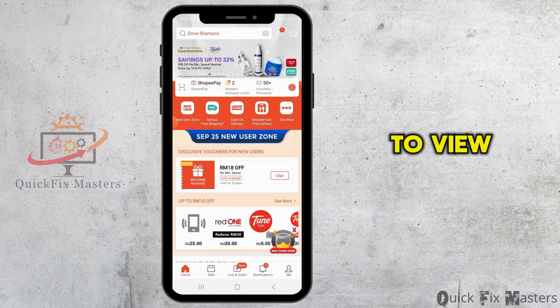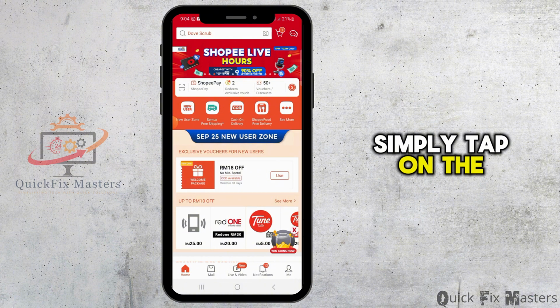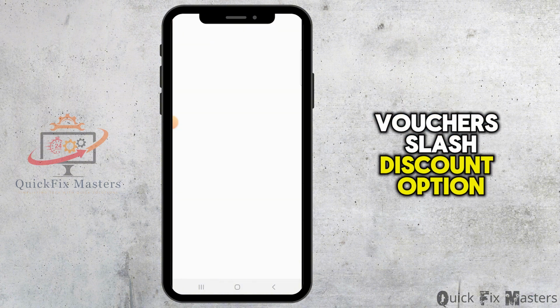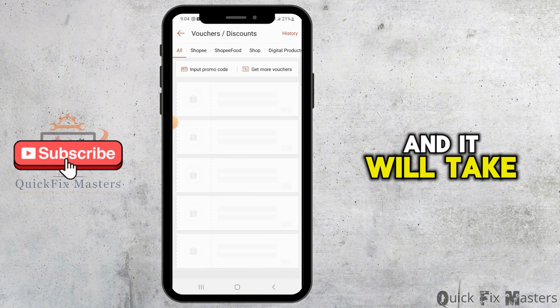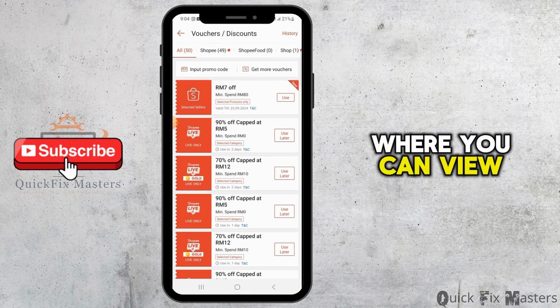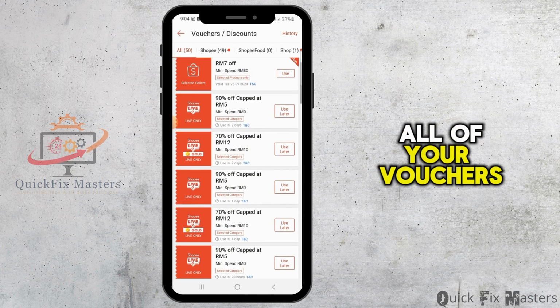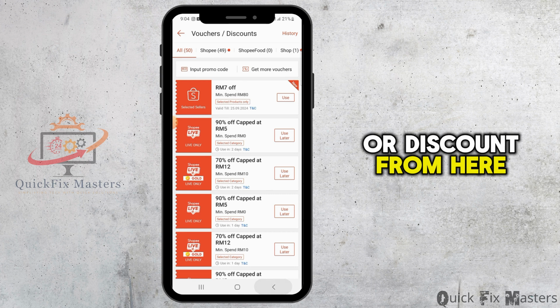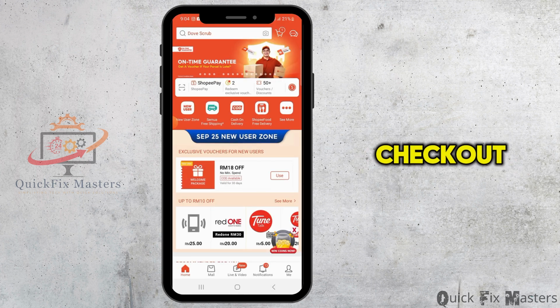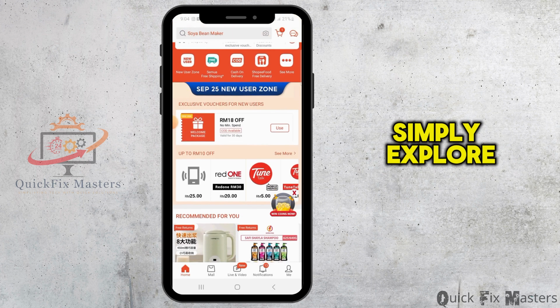Now, if you want to view your Shopee voucher, simply tap on the vouchers/discount option on the home screen. Then it will take you to this page here where you can view all of your vouchers or discounts from here. Now, if you want to use this during checkout, what you want to do is simply explore the app